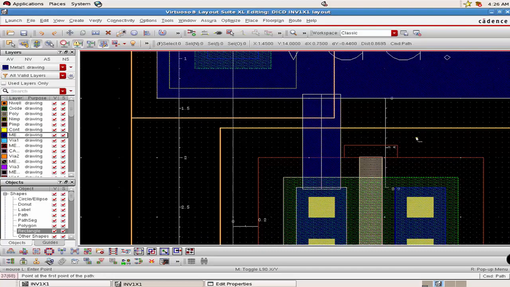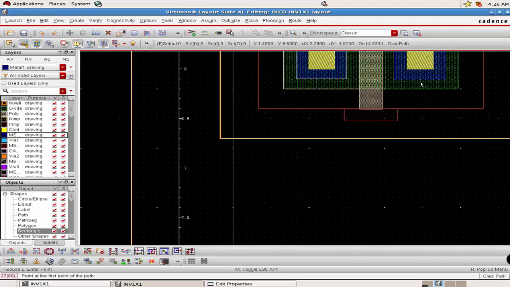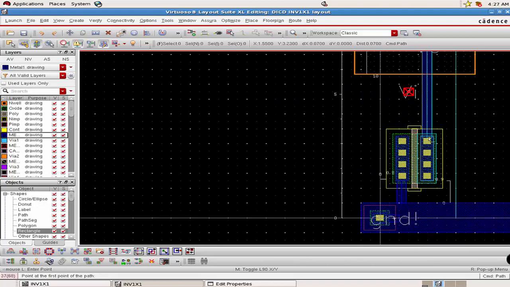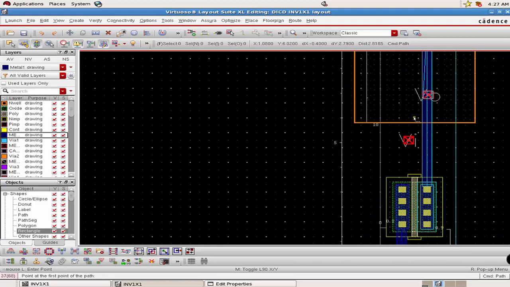Okay, and now we can also short the drains of both PMOS and NMOS by using the same metal 1 path tool. Once it reaches the drain of NMOS, click enter to end the wiring. So now that we have done almost everything except for the input, which is to be run through poly. Now select the poly